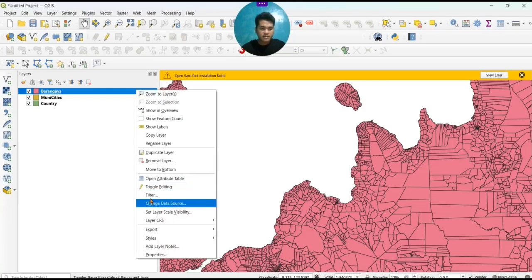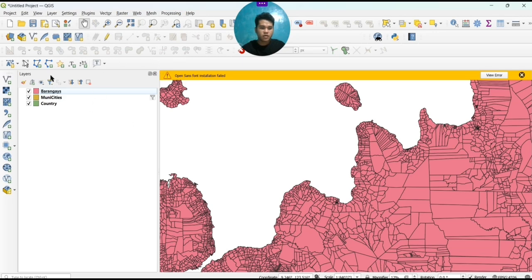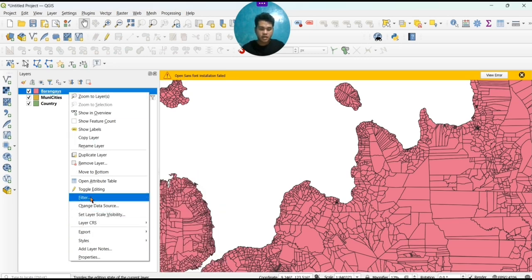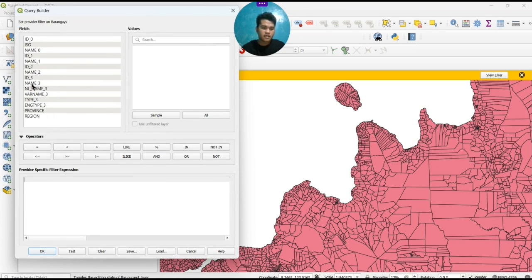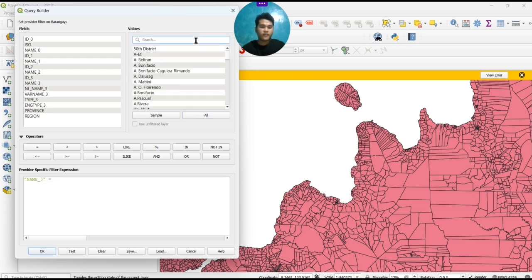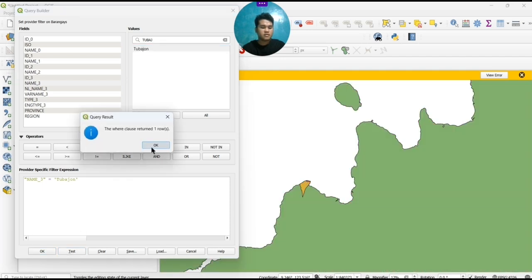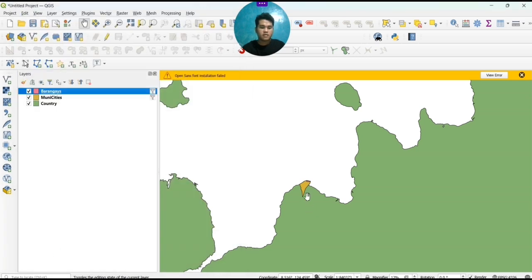Moving on, right click the name of the barangay layer, highlighted. I just want to show it to you again. Here's my cursor. Click the barangay layer and then right click it. Go to properties, filter rather. Then click name 3, which symbolizes the barangay. There are name 1, 2 and 3. Click see all and look for the barangay at Lagindingan, Tobajon, which I chose for my study. Click test and then click OK, then OK.